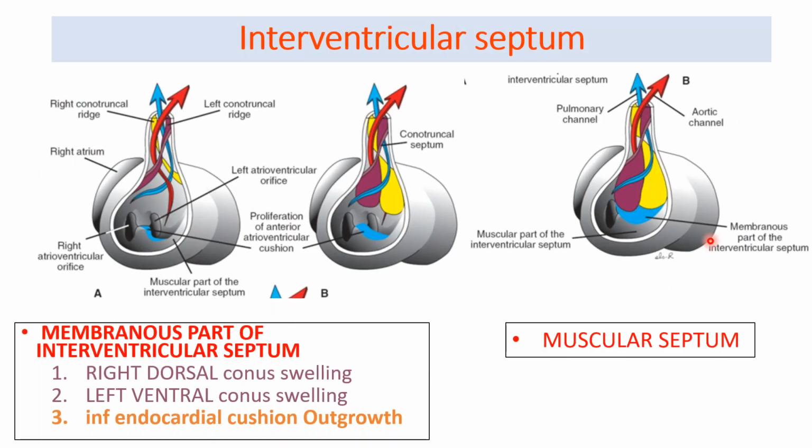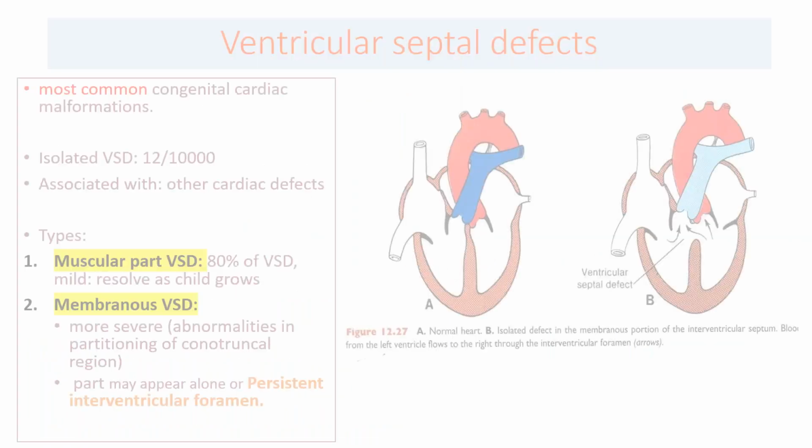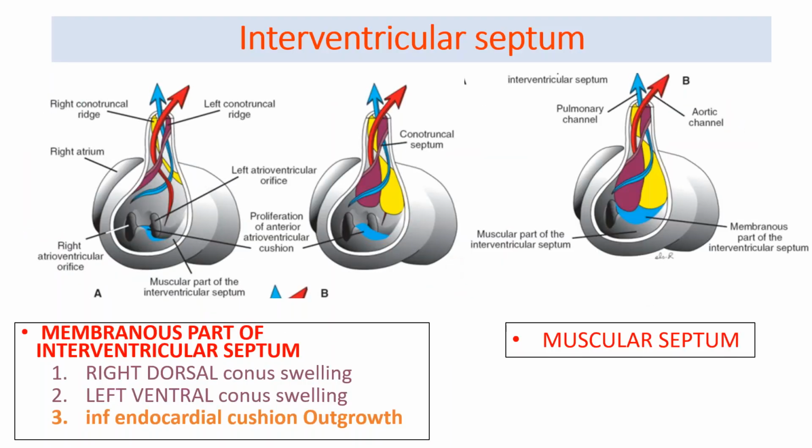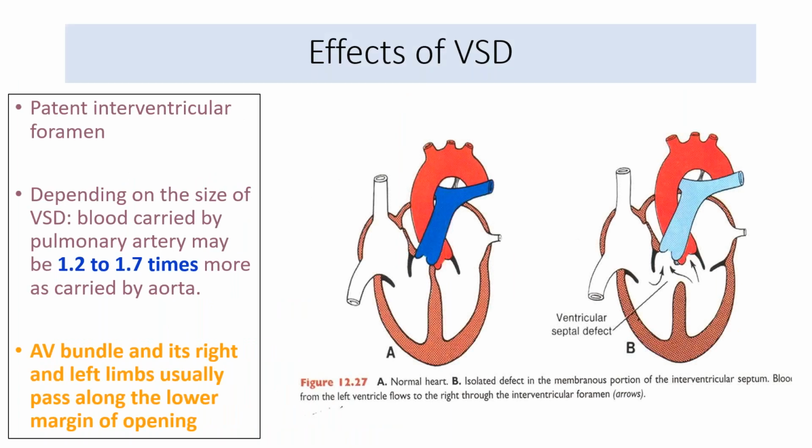Now, this is just a brief to show you that we had already done how this membranous part of the VSD forms. So whenever a question comes on the applied aspect, if you have to describe VSD, you have to give a little bit of detail of the formation of the interventricular septum first, and then you will talk about the ventricular septal defect. The same follows for any embryological correlation, embryological basis, when you are asked.